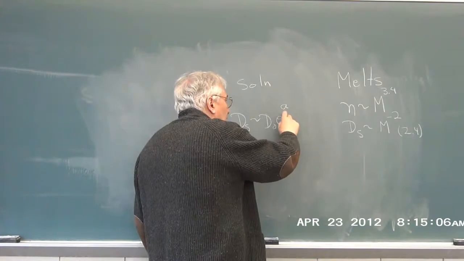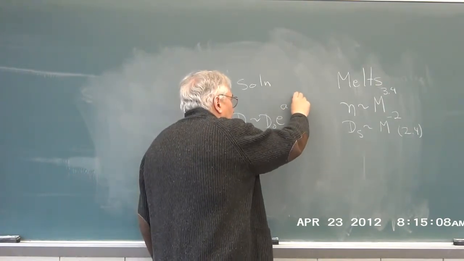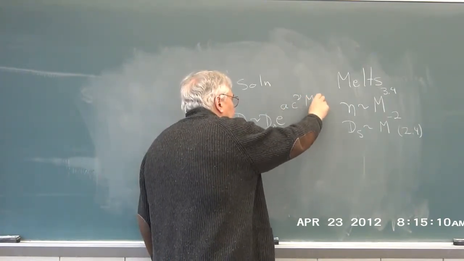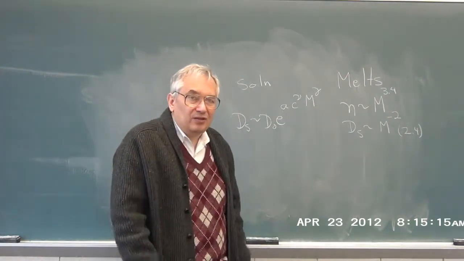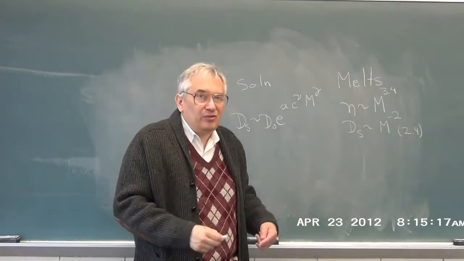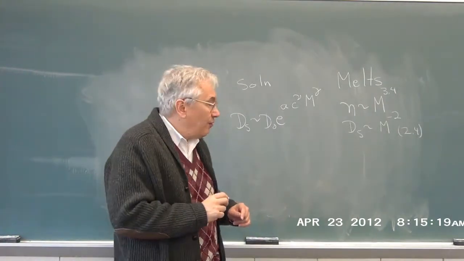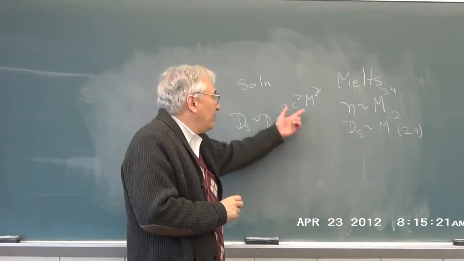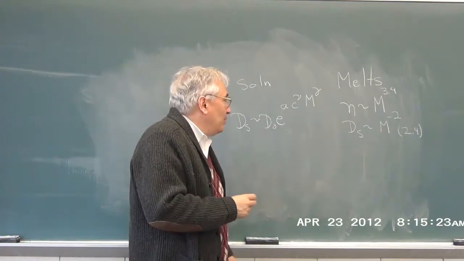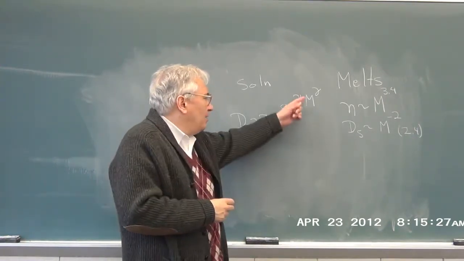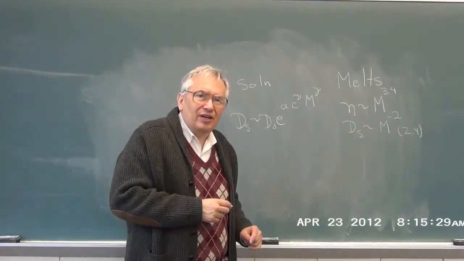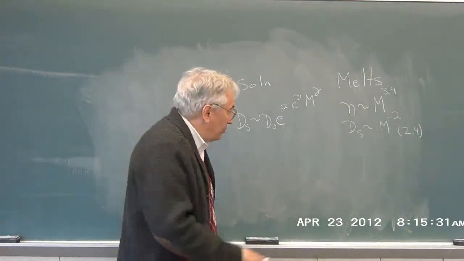It's not going to be alpha this time because we're going to pull out the molecular weight dependence. This is self-diffusion, not tracer. There's only one molecular weight there. And having pulled this out, we then ask, these don't attach to each other very nicely. Now, what this would mean is,